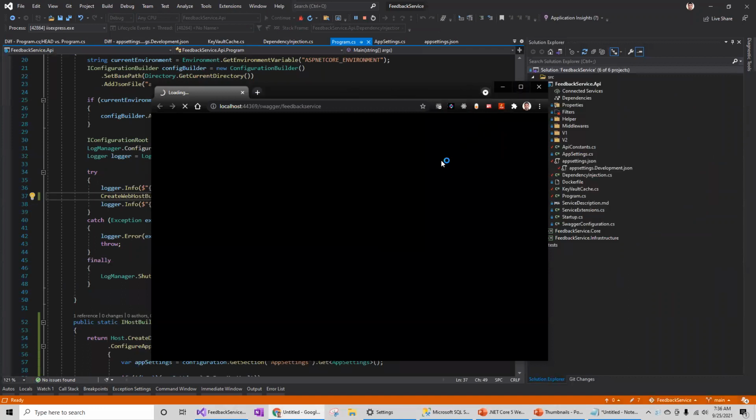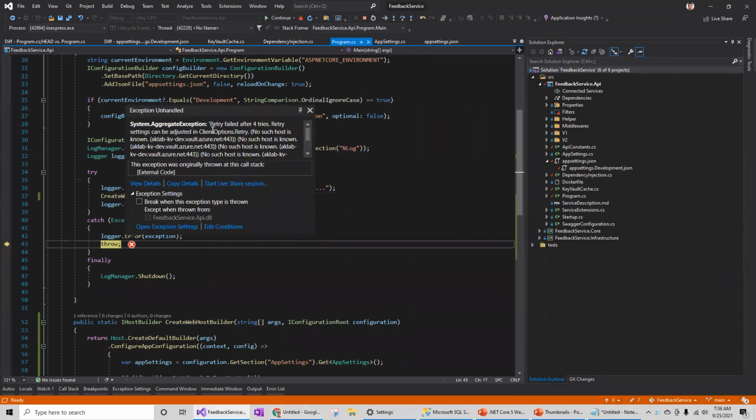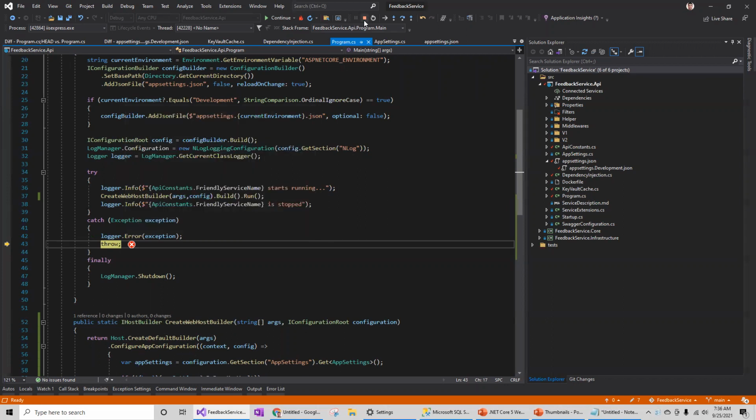Obviously, this code will not work because we have not connected to the Azure Key Vault, and in Program.cs, I'm trying to connect to the Azure Key Vault. So I would expect it to throw an error. We tried four times, so it is trying to connect to the Azure Key Vault, and no such Azure Key Vault exists. It does not exist yet, so we are getting this error. So let's go and connect to Azure, create the Azure Key Vault service, add keys, and give enough permissions so that we can connect to the Azure Key Vault.